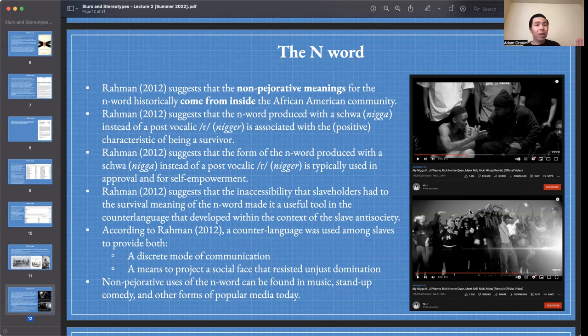So we're starting to see some systematic differences here. On the one hand, out-group members indexing negative characteristics for the purposes of harming, okay? On the other hand, we have in-group members indexing positive characteristics for the purposes of helping or supporting, right? Two very different contexts, speakers, and intended meanings, okay?